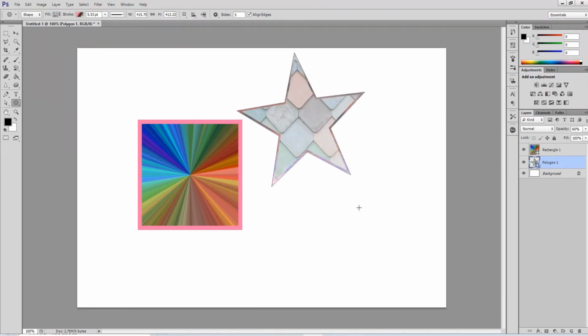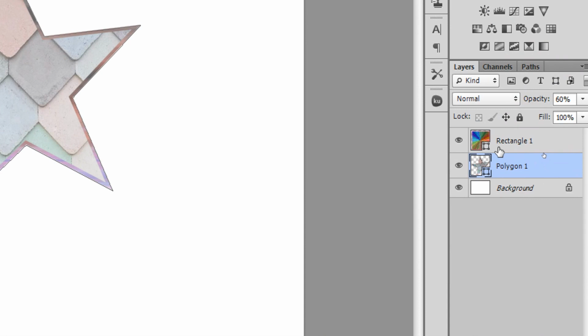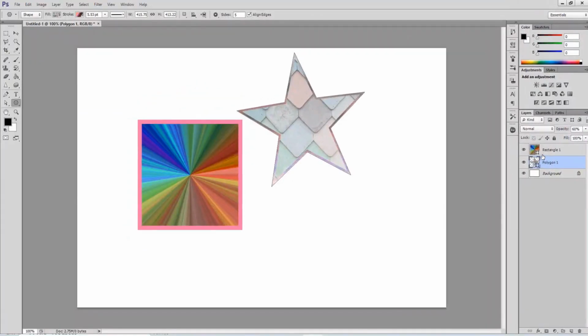You can draw as many shapes as you want, and each time when you draw a shape, in the layers panel you will find a new layer. That means every shape will be drawn on a separate layer. That means you can deal with each object separately without disturbing the objects on another layer. Now, coming back to this, I'm selecting now custom shapes.